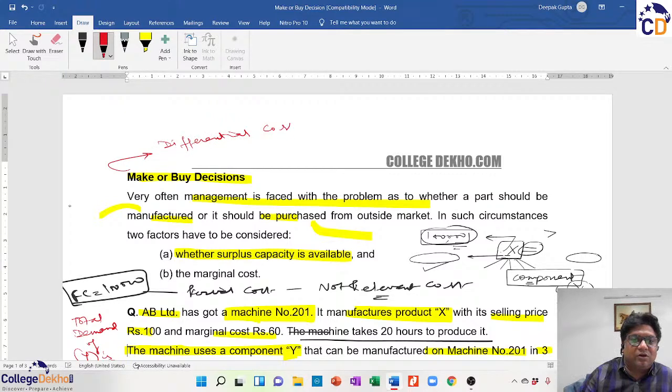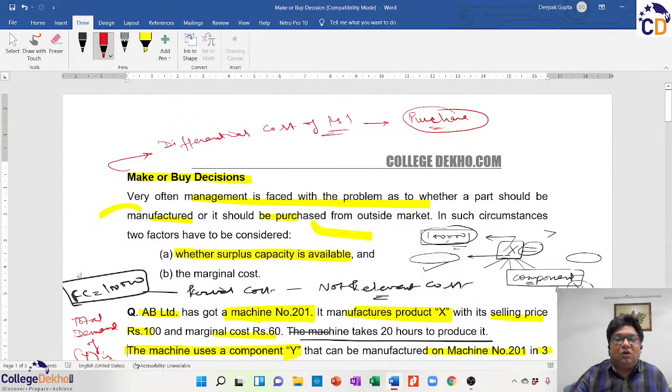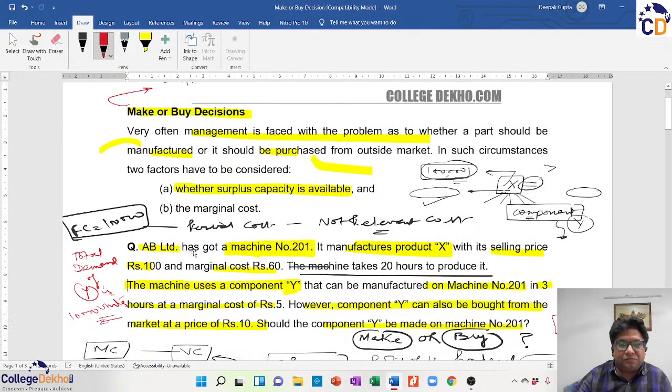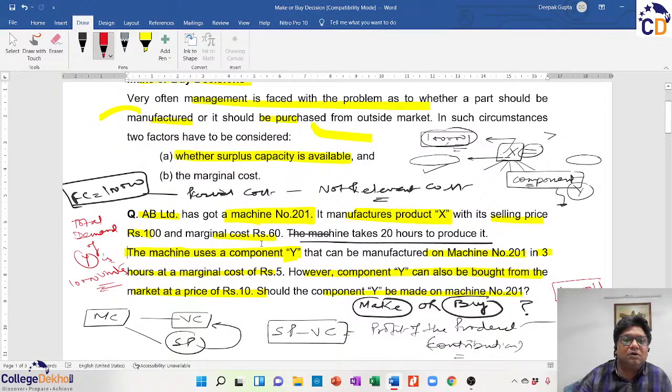And this differential cost of rupee 1 has tilted the decision in the favor of purchase. Now, if you take it vice versa, in the same question, if I make a change,